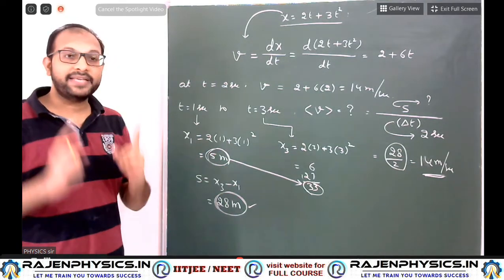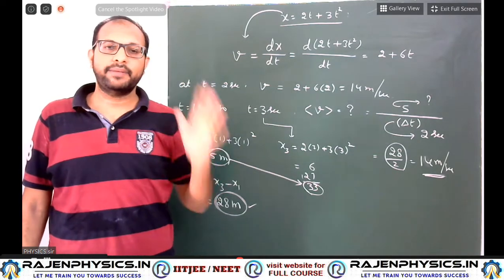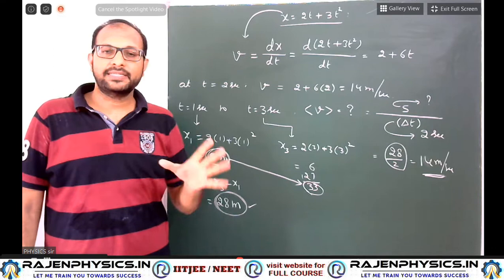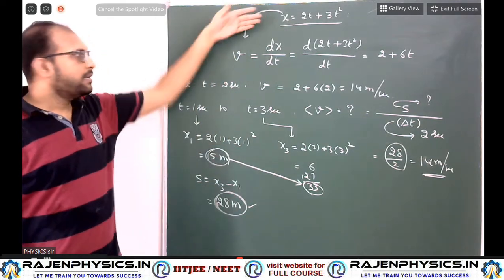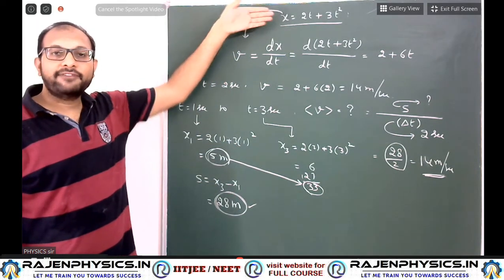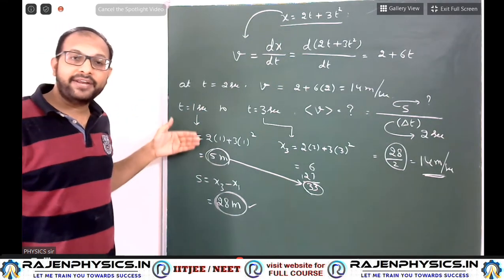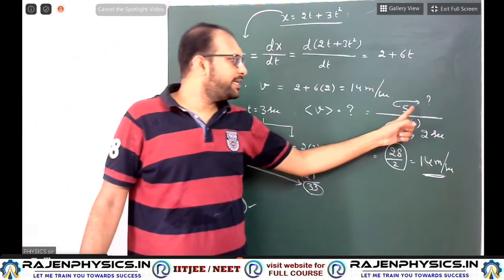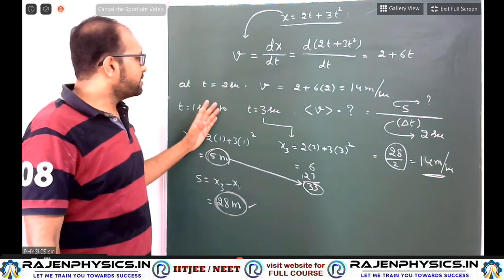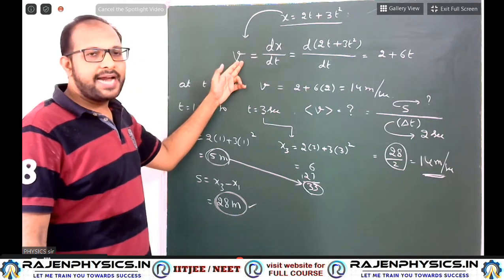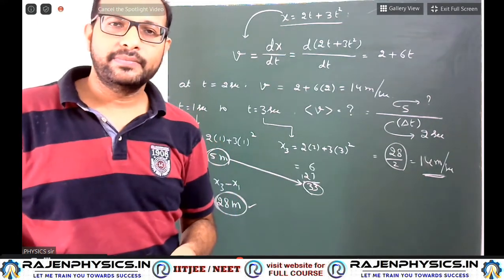Students, concentrate on basics, because once the foundation basics are very strong, then you can solve any advanced problem. Otherwise, you can't even understand advanced problems, let alone solve them later. So this is position. The first derivative of position is the instantaneous velocity. Later, how to find average velocity? Total displacement divided by total time taken. So this is position, instantaneous and average velocity.